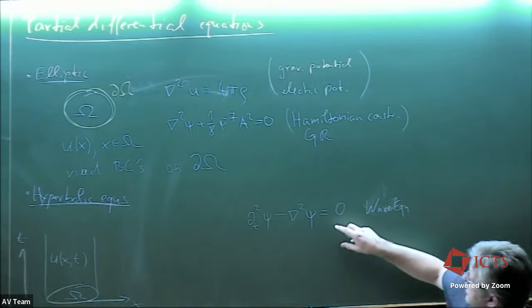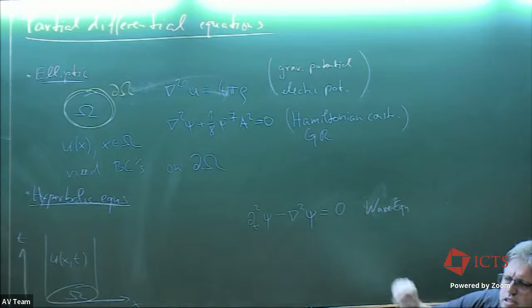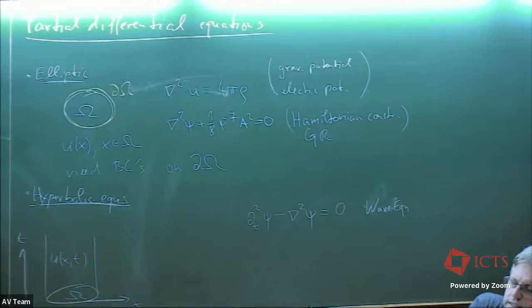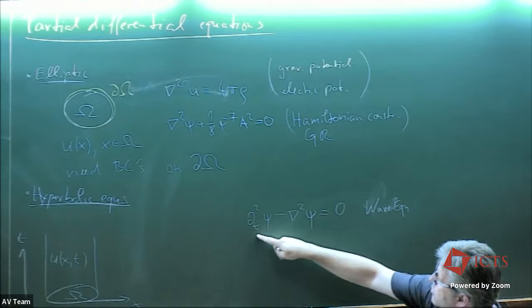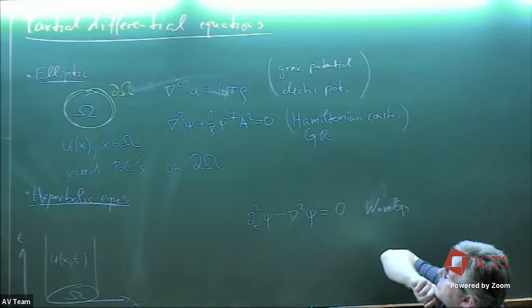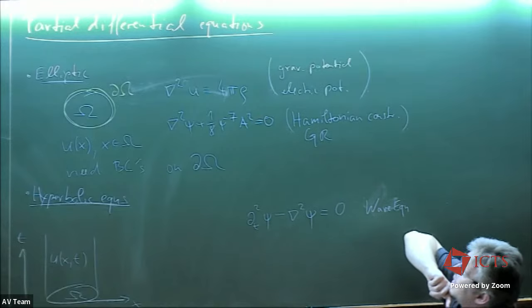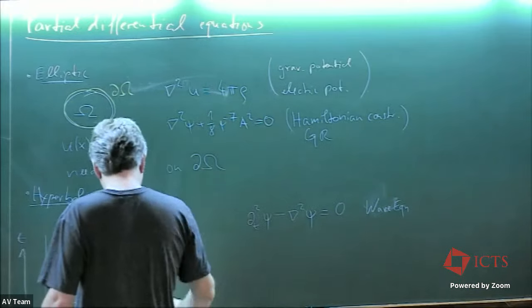Whether or not there is a right-hand side doesn't really change the character of the equation. Geoffrey already alluded to this. The character of a partial differential equation is determined by the structure of the highest derivative terms. And in fact, the difference between elliptic and hyperbolic is that if you write this thing here out as